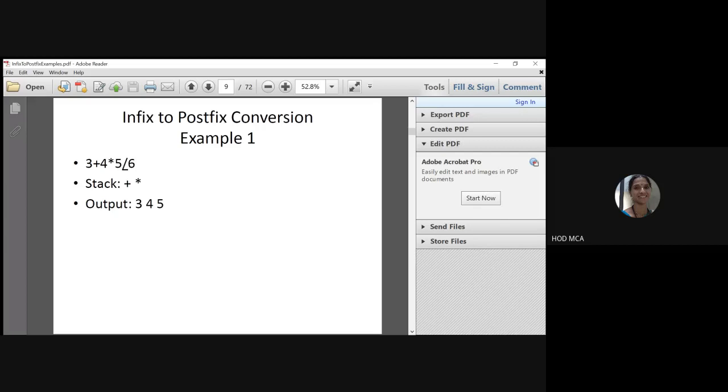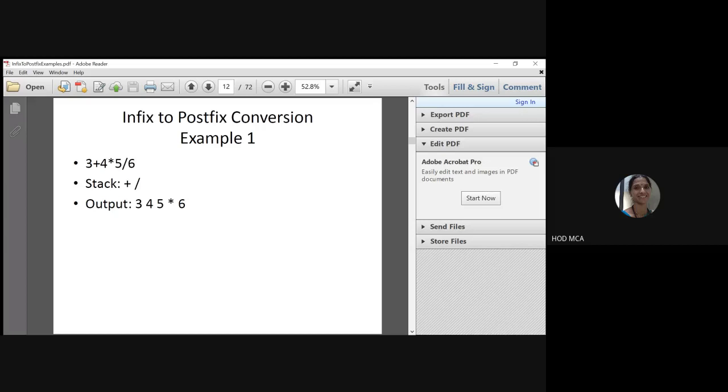Next is slash. We have to push it onto the stack because it is an operator, but in the stack you have some operators, so you have to compare the slash with them. When you compare slash with star, both are of the same precedence, so you first pop star to the output. Then slash is compared with plus. Plus is of lower precedence, so there is no problem, push the slash into the stack. Next character is 6, an operand, so it comes directly to the output string.